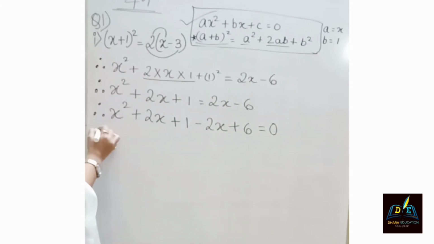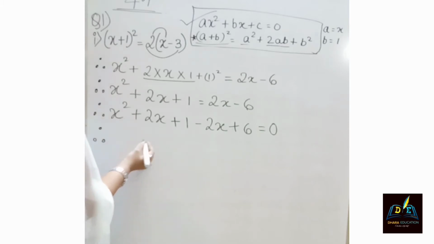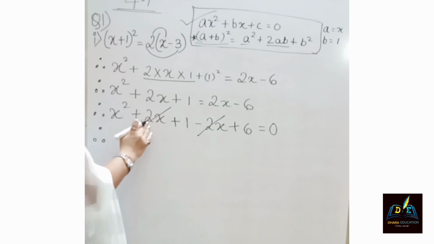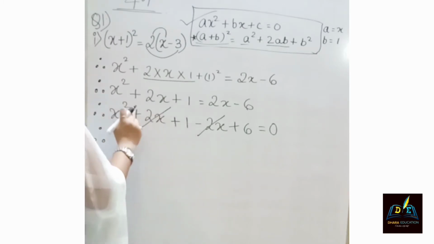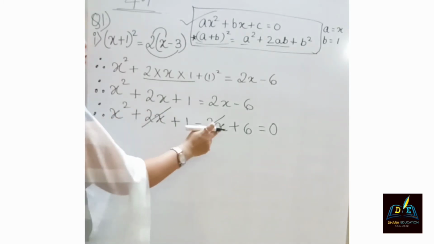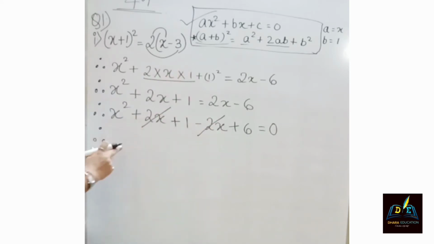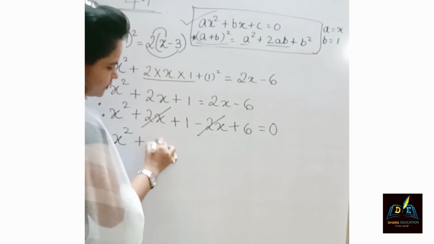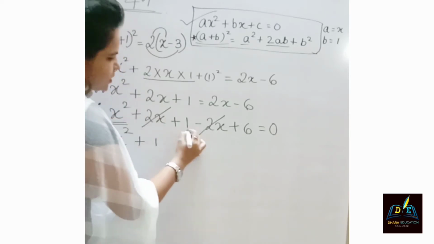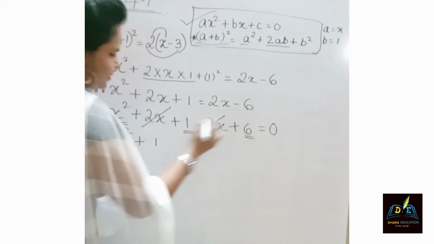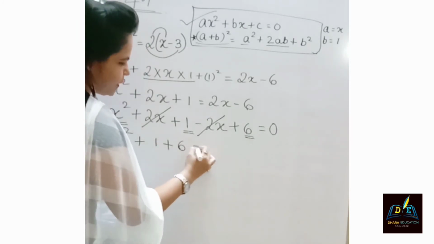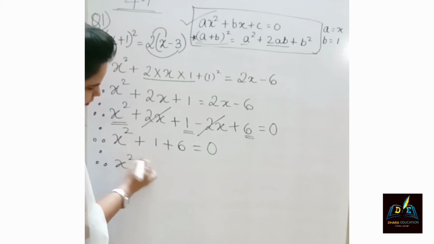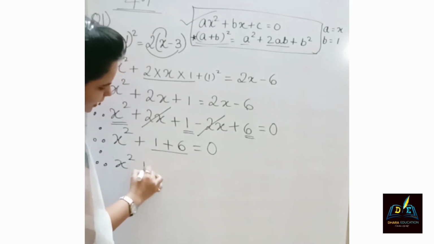So now the next step is to cancel the positive and negative. You can see it very well, this is plus 2x and this is minus 2x. Plus and minus will cut. So what is remaining here? The remaining are this 1 and 6, so only that we will write. Therefore, x squared plus, this we have to add.